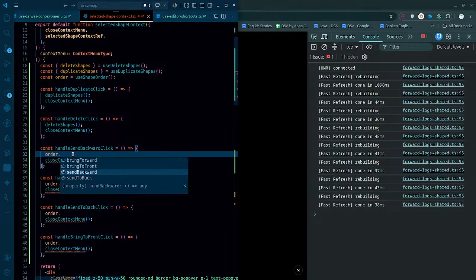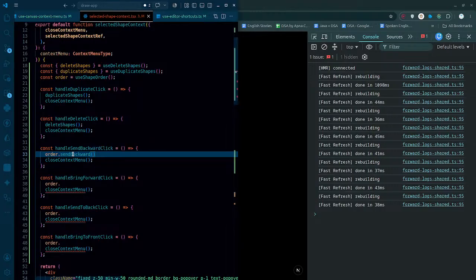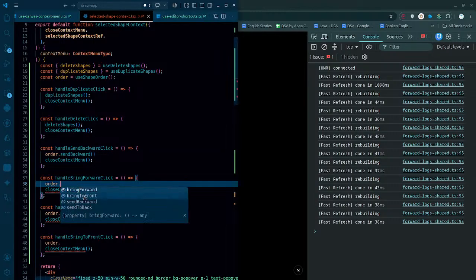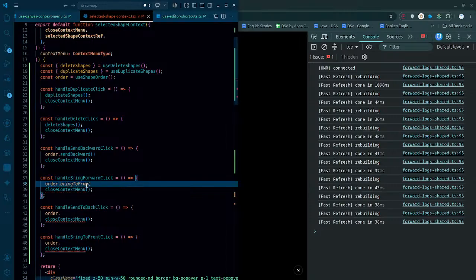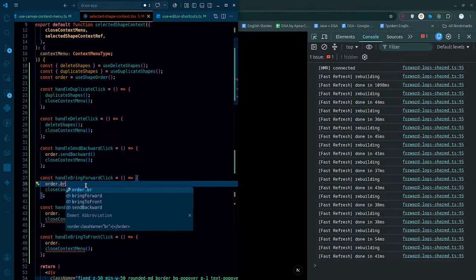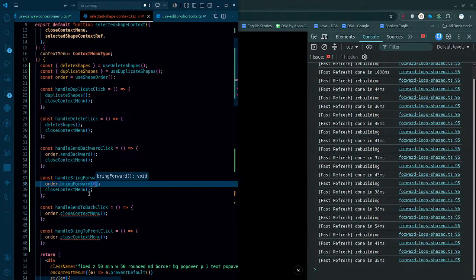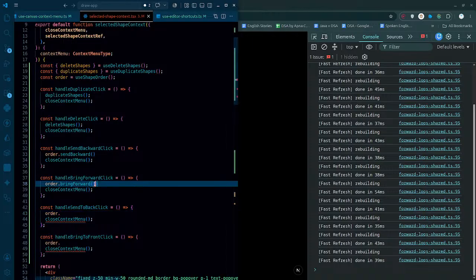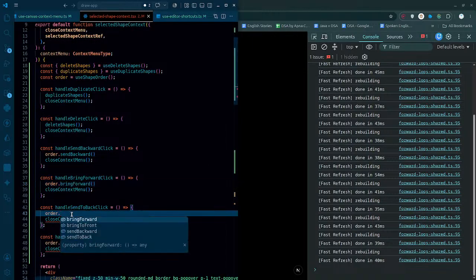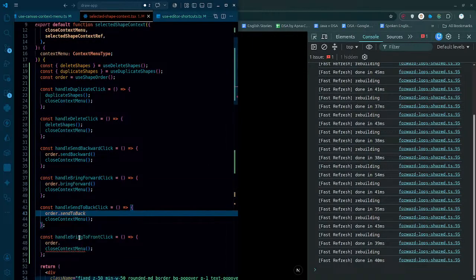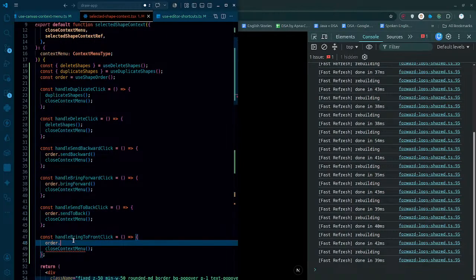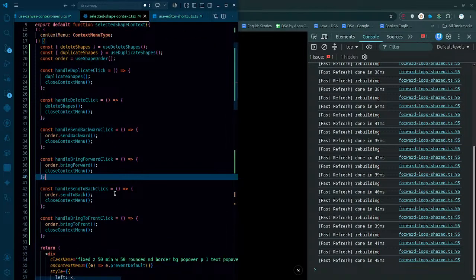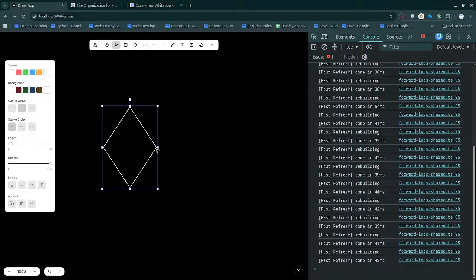We have to send backward, this is the first thing. Order dot bring forward, not front, bring forward, then order dot send to back, order dot bring to front. Alrighty, this thing seems to be done. And now if we try checking it,